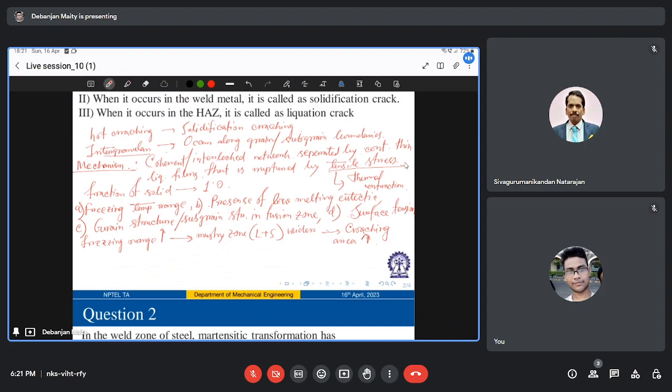So again, if you're adding impurities like sulfur or phosphorus, your freezing range will considerably increase, right? And in these areas, these low melting compounds which are eutectic will form, and that also leads to cracking. For example, in plain carbon steels, iron sulfide films can form and lead to severe cracking, if not for the intentional addition of some